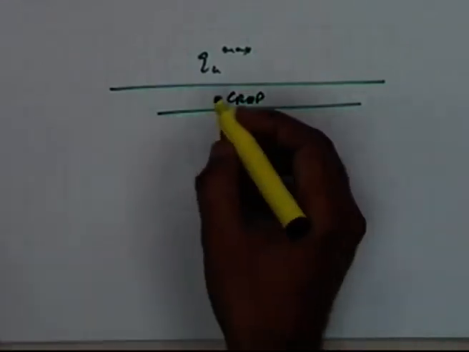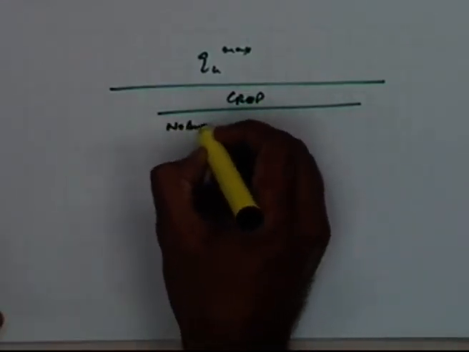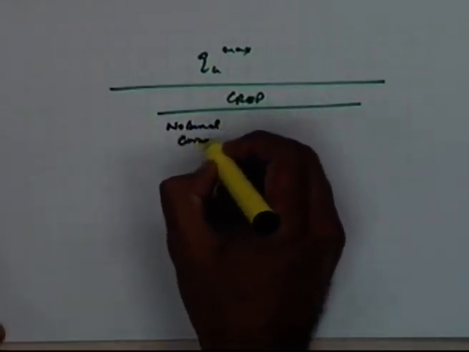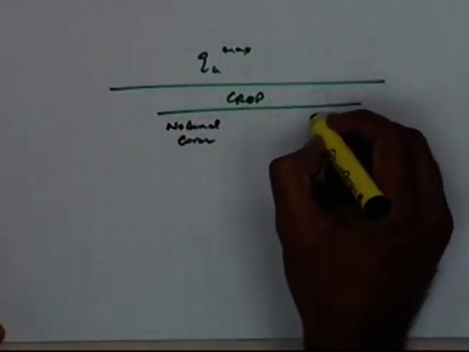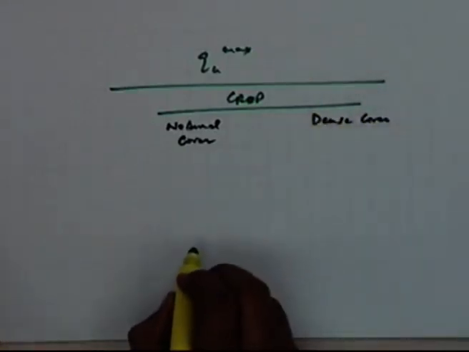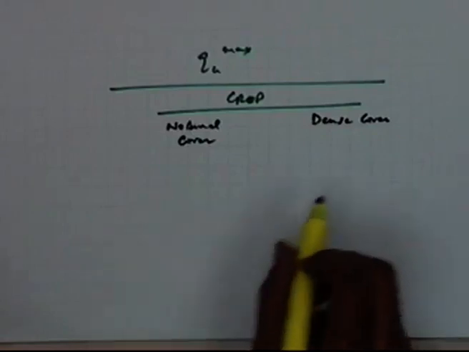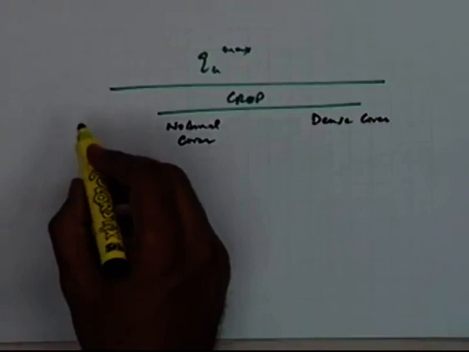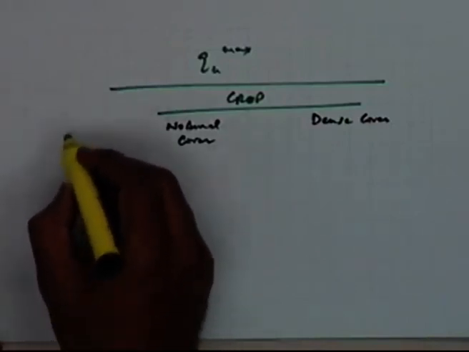We have said that in one case we have normal cover, and the other case is the dense cover. The non-sod type is the sod type, and for the slope,